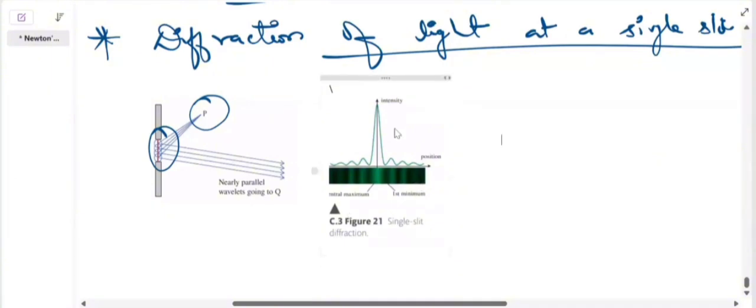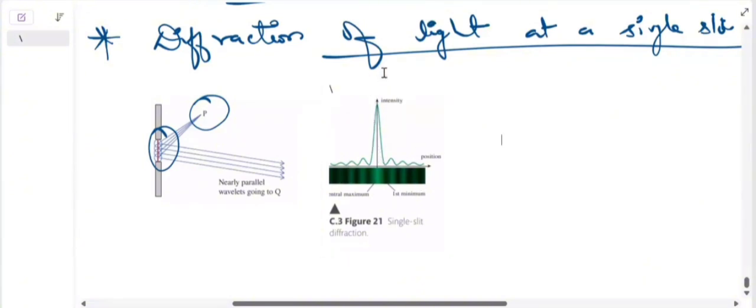Okay, check. So now this is the diffraction pattern by the single slit. Here we can derive the equation for the first minima in this pattern by applying the Huygens construction that I had explained to you. When the wavefront passes through the narrow slit, it propagates like this, and when it comes to a single slit, it creates this type of pattern.